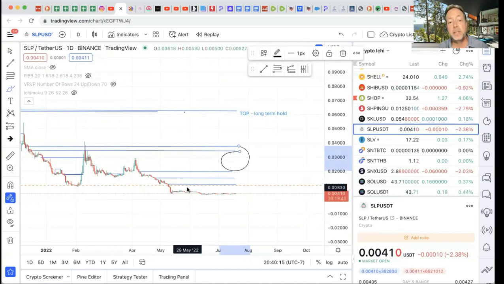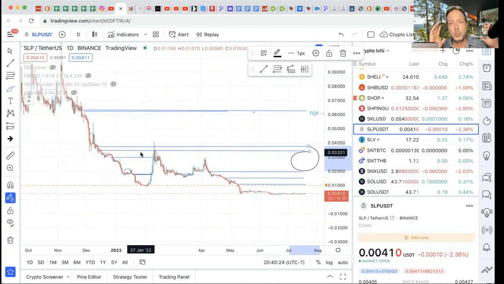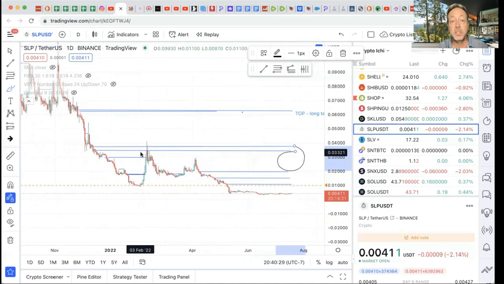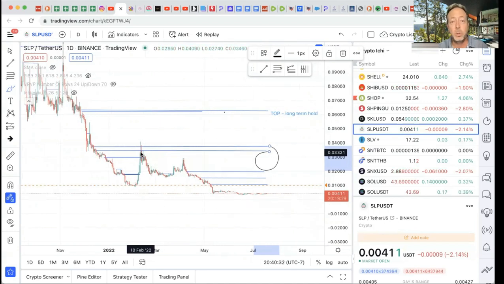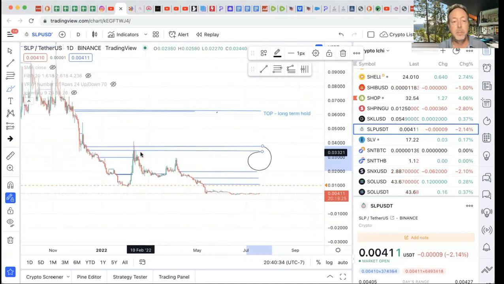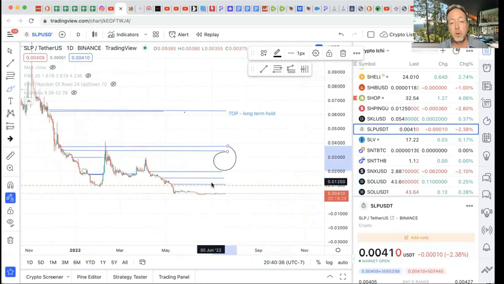It's more likely than not that it's going to hit one of these lower tiers right here before it gets up here. I mean, this whole thing, because the whole world right now is in a big funk, could take a couple of years. You could be sitting, holding this for a while, just like all the coins. But if I set my take profit somewhere over here, it's an easier chance for it to bounce.